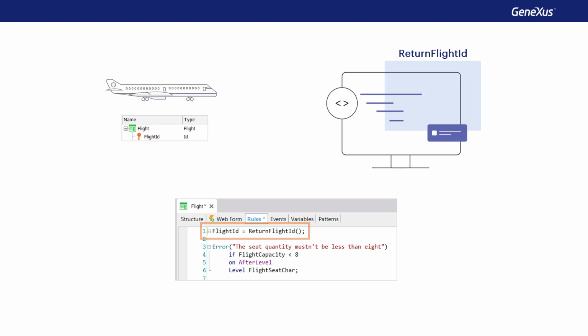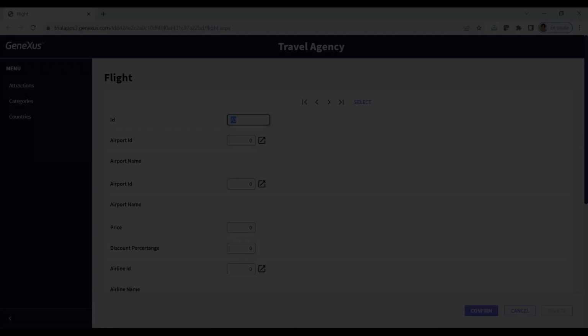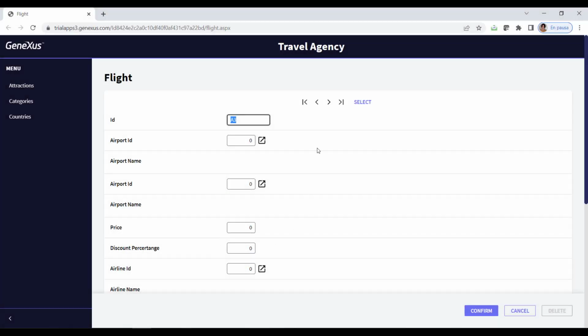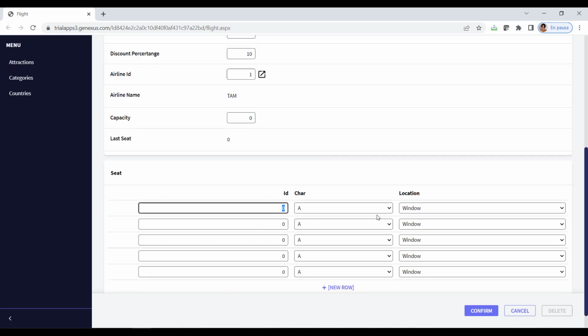So, we condition the rule to be executed only when you want to insert data. Since the transaction opens in that mode, the rule that's assigning a value to the attribute is already being triggered before anything has been done. But it could happen that after completing the header data and some lines, we have to cancel the entry for some reason to do it later.